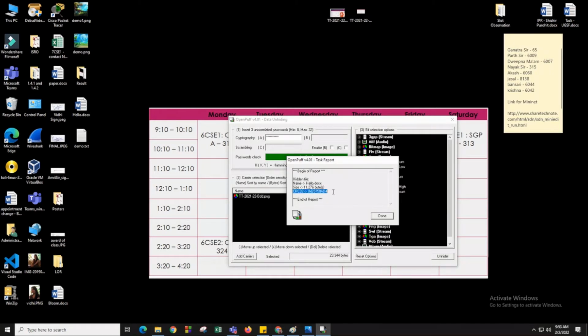Now what do you mean by this? What do you understand by this? What is CRC? Encryption technique, cyclic redundancy check. Yes, exactly. That means it provides a check whether whatever the receiver has received is the same or not.